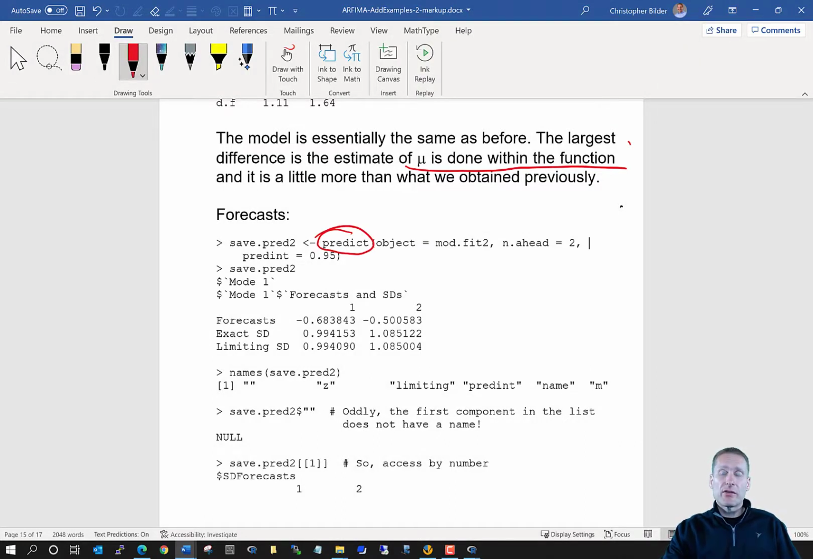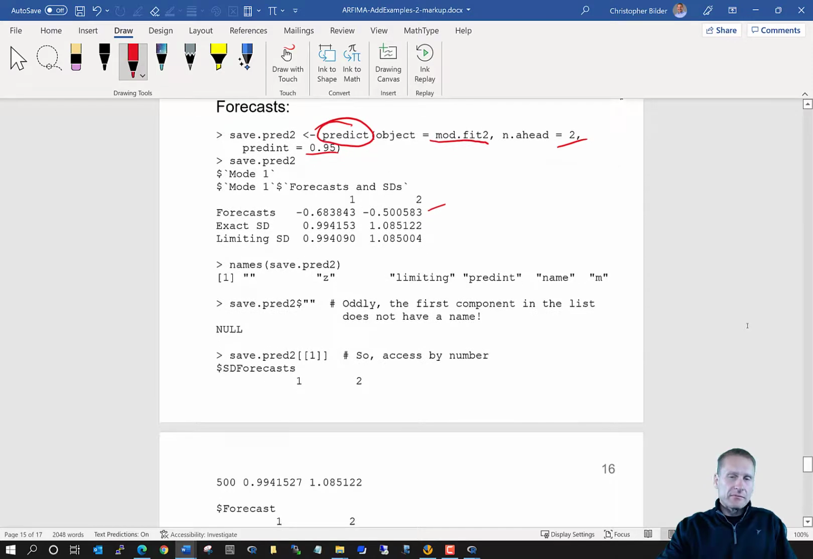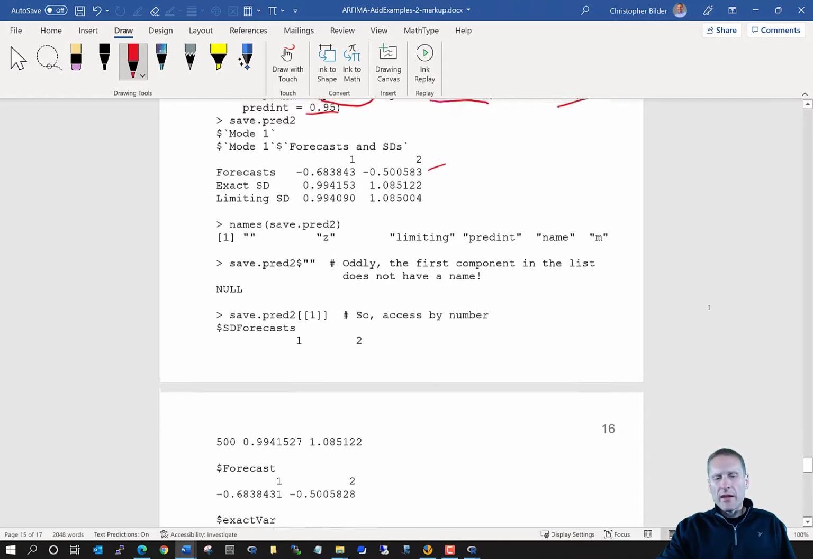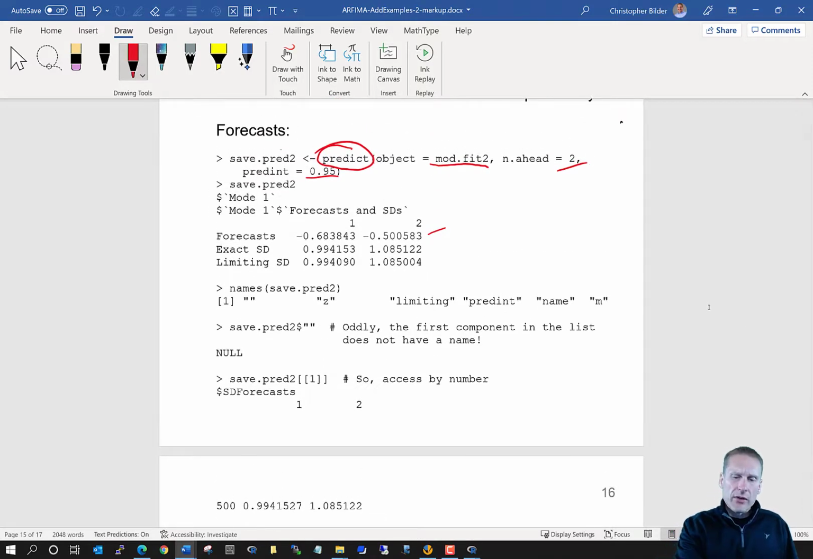The predict function is a generic function in R, and they have a corresponding method function for it. So we can put in for the object the results from the model fit. Let's say I want to go 2 time points ahead, and I want 95% confidence intervals. Here are the corresponding forecasts as given there. You could use that information to find confidence intervals as well. Very oddly, with this particular object that's returned, let's call it save.pred2,